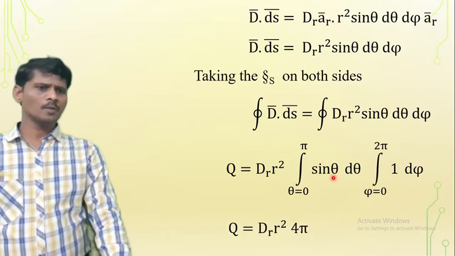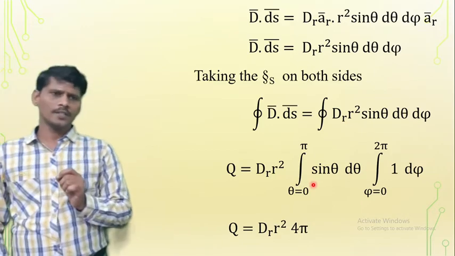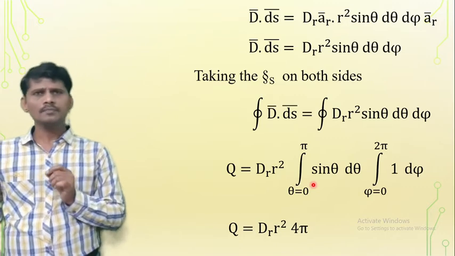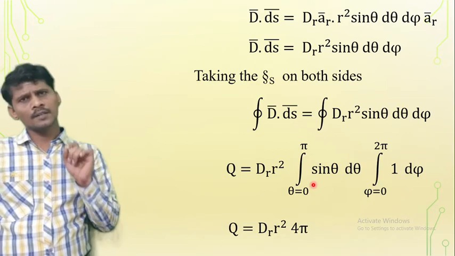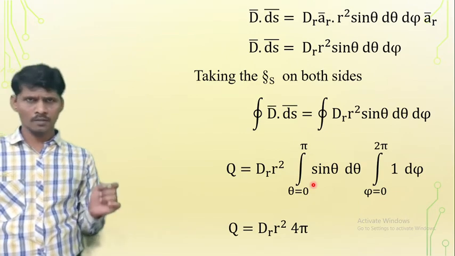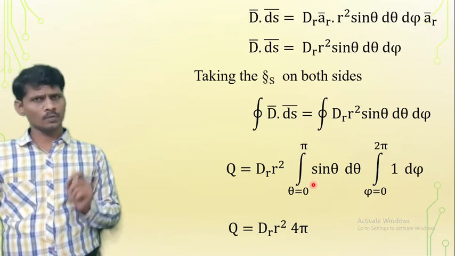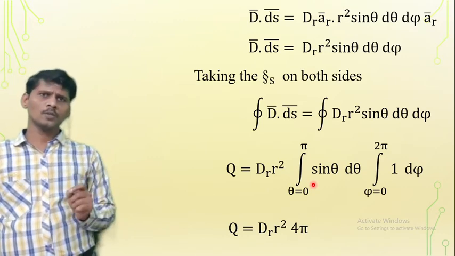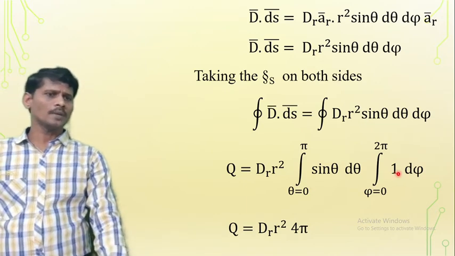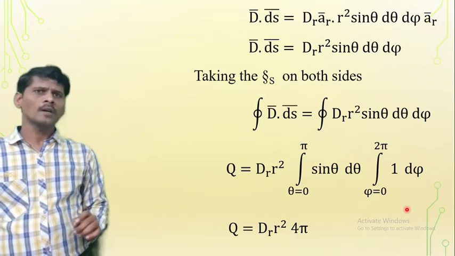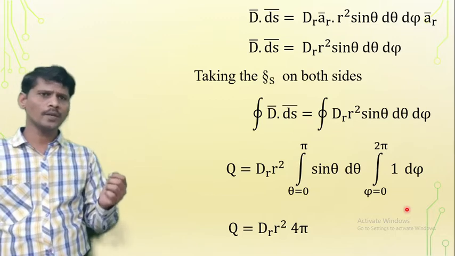So reducing the above equation, RHS term of the above equation, integral sin theta is minus cos theta over 0 to pi. So minus of cos theta, applying the upper value of theta and lower value of theta, cos pi minus cos 0. Cos pi value is minus 1, cos 0 value is 1. Minus 1 minus 1 is minus 2. Before, the minus is already there, so minus into minus 2 is 2. Integral 1 d phi is phi over 0 to 2 pi. Applying the upper value of phi and lower value of phi, we get 2 pi. 2 into 2 pi is 4 pi.